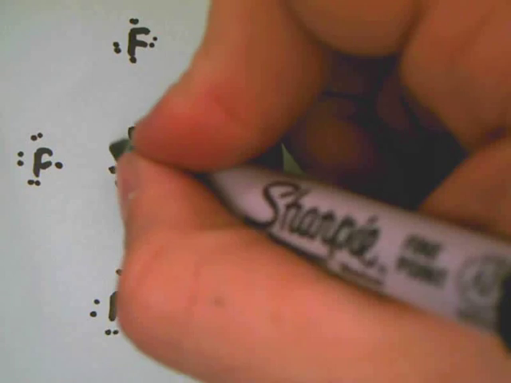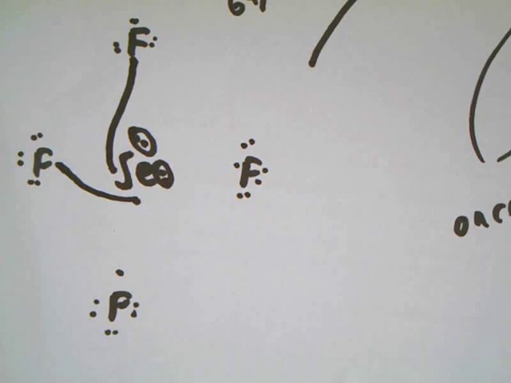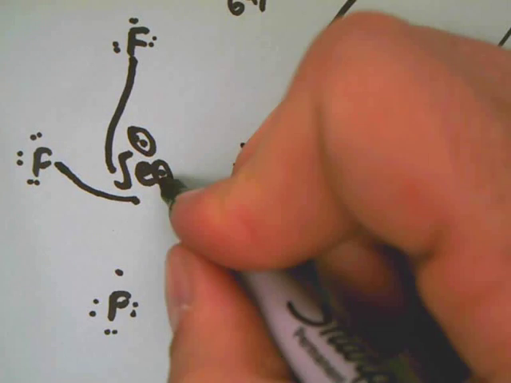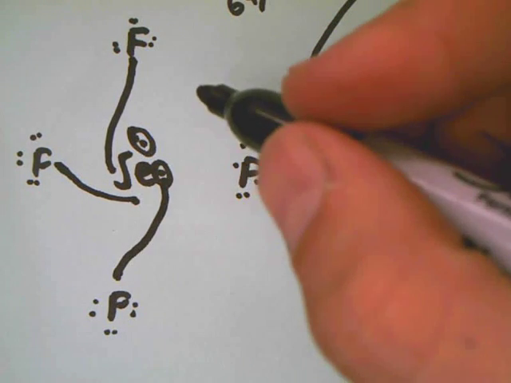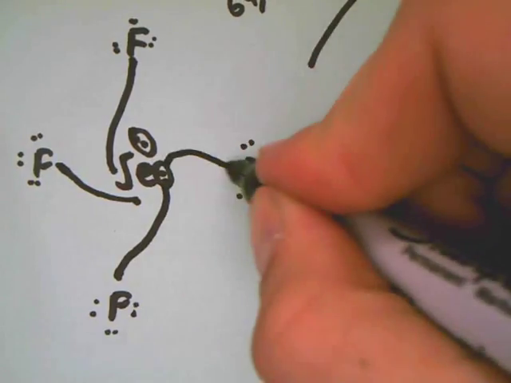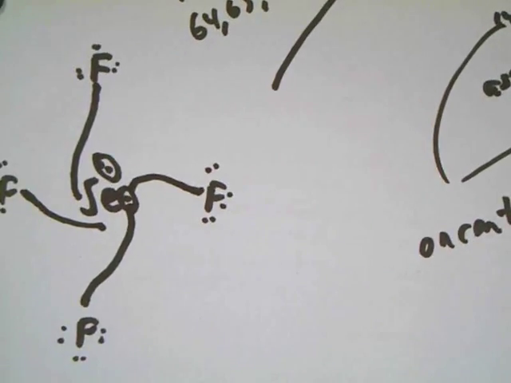Okay? So here we go. We're going to connect the lonely dots. Boom. And I've hit a dead end. So what I'm going to do is I'm going to take these up and I'm going to split them up. And that's what it's going to look like right there. Okay? So they want you to draw it according to what we see